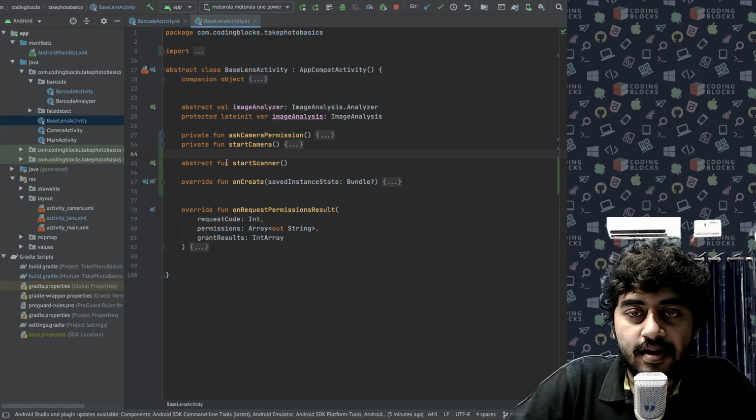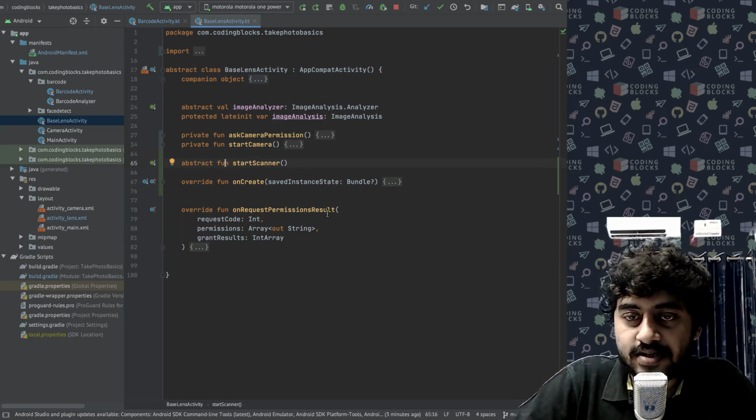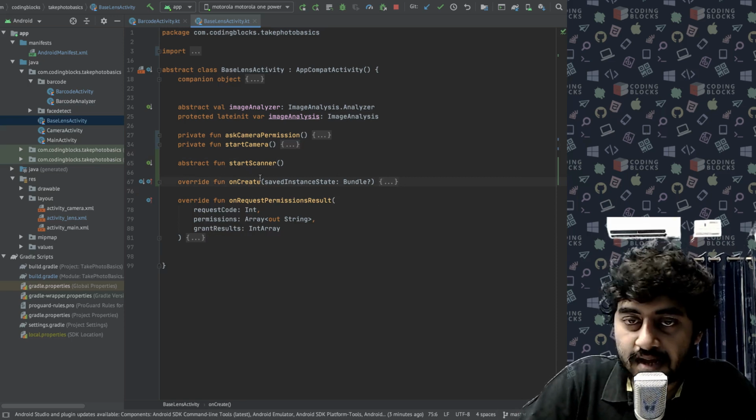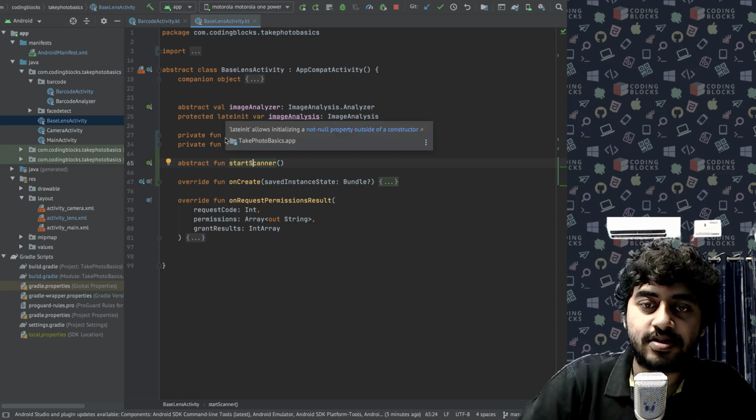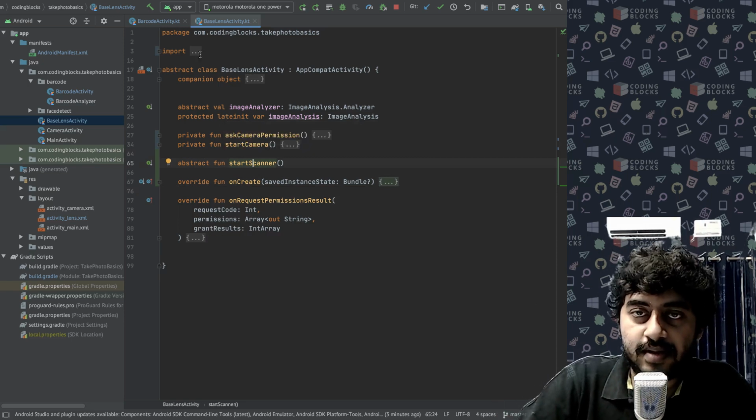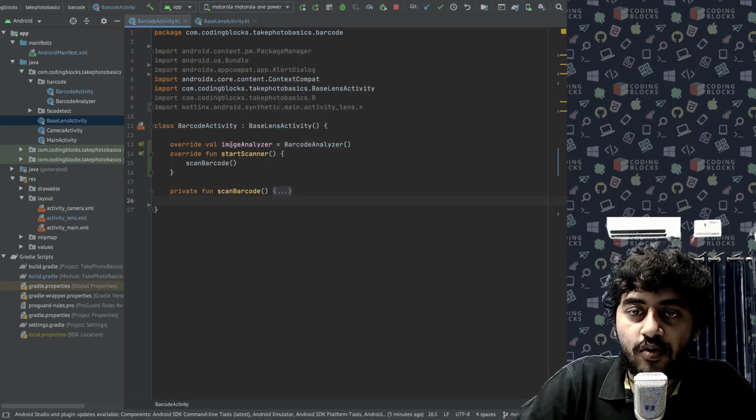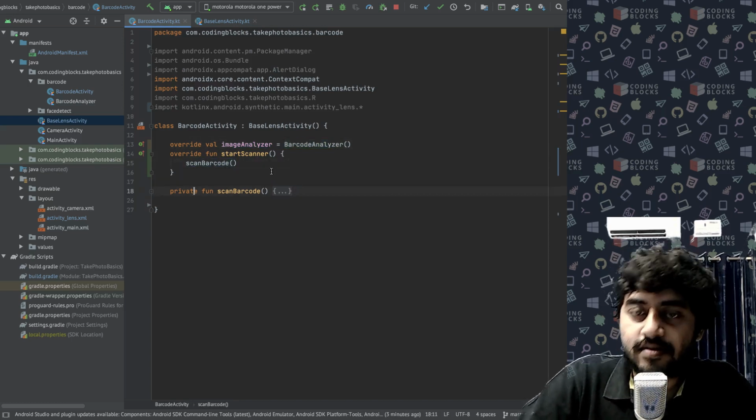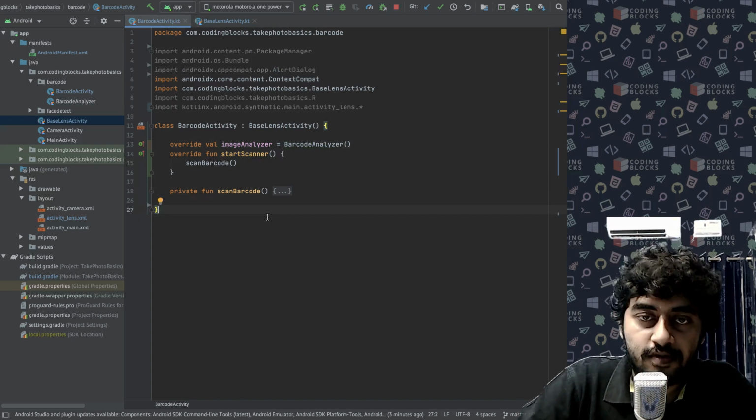These two are defined here. The start scanner is an abstract function. Inside onCreate, it automatically creates the layout, and when the scanner button is clicked, it calls the start scanner button. Okay, all of this stuff is in the baselines activity. My barcode activity only creates the barcode analyzer, and on start scanner it opens the scan barcode function. Okay,